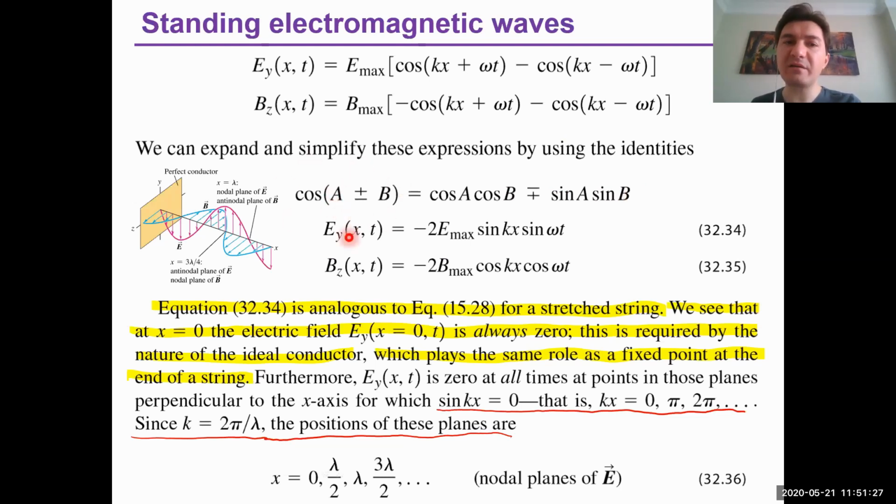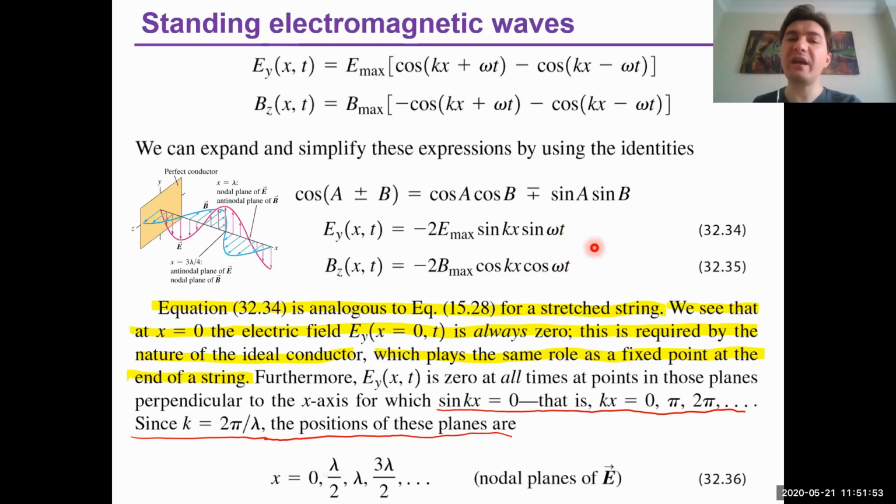Just apply this rule for this one, this one, this one, and this one. Finally, we will get the electric field, which is given by minus 2 E max sin kx sin ωt, and B along the z-axis is equal to minus 2 B max cos kx